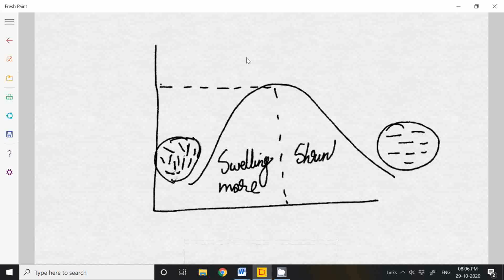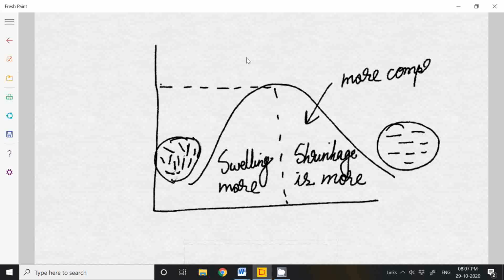That means chances of shrinking are more on the wet side, and it is more compressible also. And on the dry side, it is